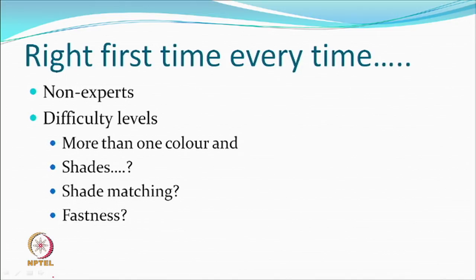Similarly, when you look at light fastness, one dye may be fading faster than the other. So what you see is a change of tone happening. A change of tone is much more easily identifiable compared to the loss of depth, and so it becomes much more difficult. The selection of which dye has to be selected, how it has to be applied.